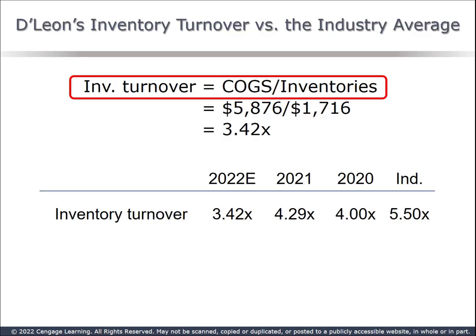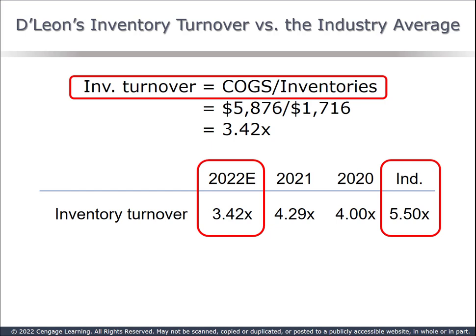Inventory turnover looks at how many times a year a firm sells out all its inventory. Bigger is better. This is definitely a ratio that requires comparison, as it's highly industry specific. A grocery store would be expected to turn over its inventory many more times a year than a firm that makes large earth-moving equipment. DeLeon's inventory turnover numbers are going the wrong way.